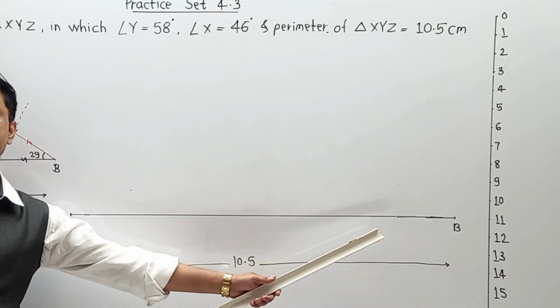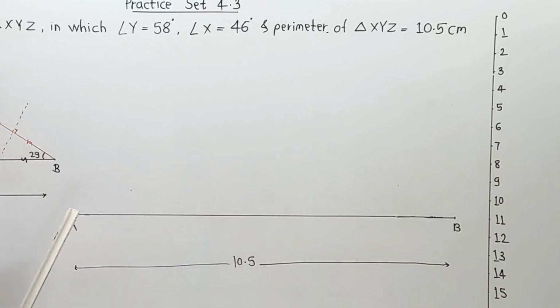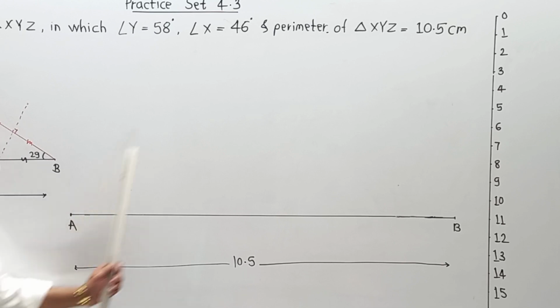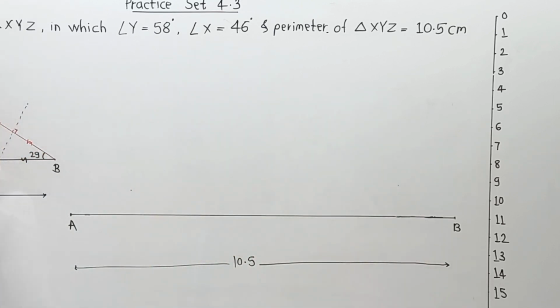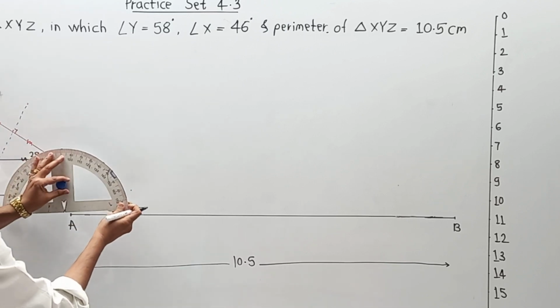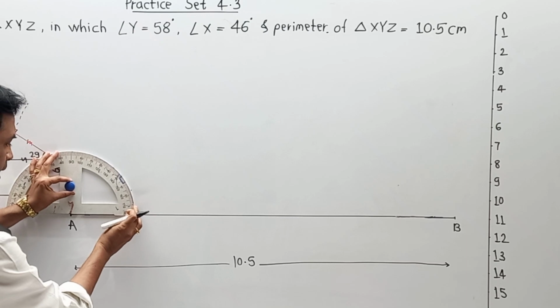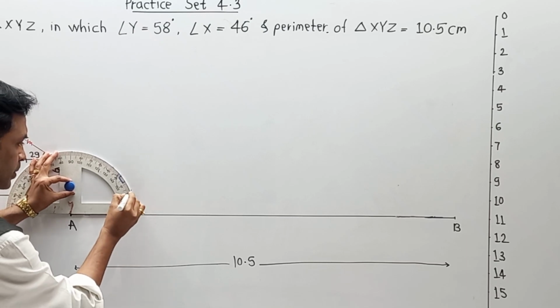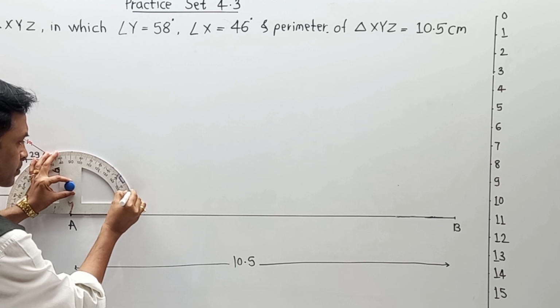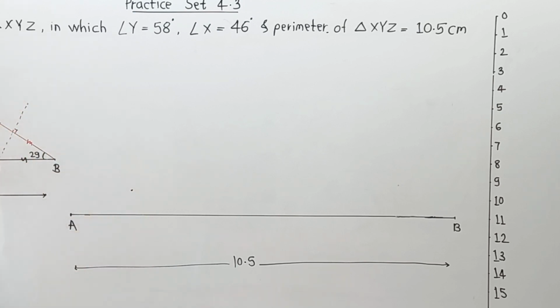Now as the length of AB is 10.5 centimeters, from A you have to take an angle of 23 degrees and from point B we have to take an angle of 29 degrees. In that case, you have to take the protractor over here. First of all, from point A we have to generate an angle of 23 degrees. So the reading is 10, 20, 21, 22, 23. So this is a point over here and I am going to draw one segment over here.